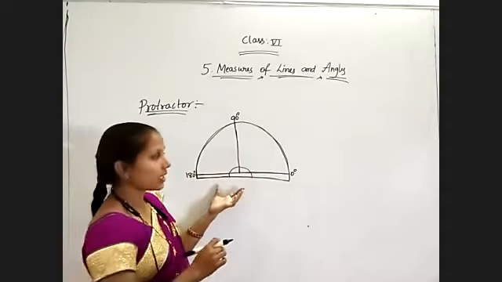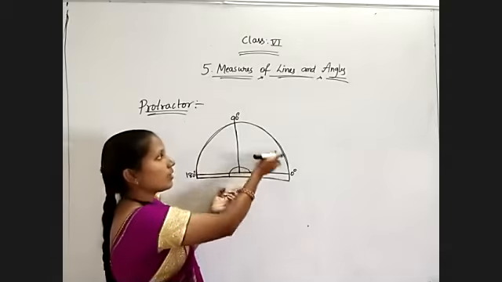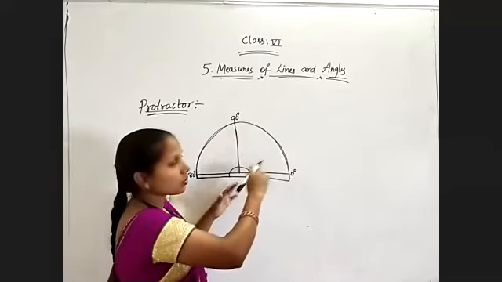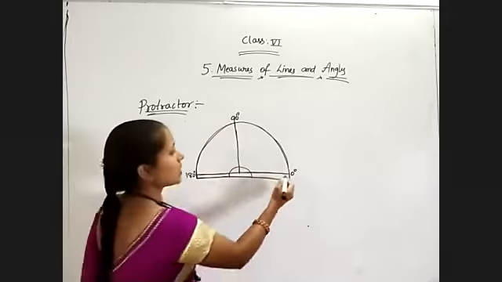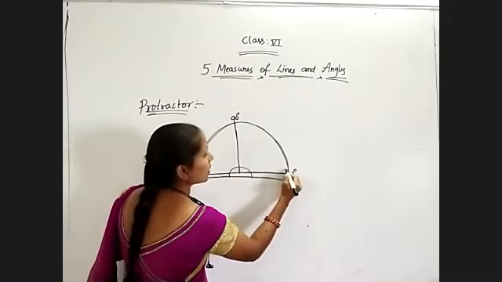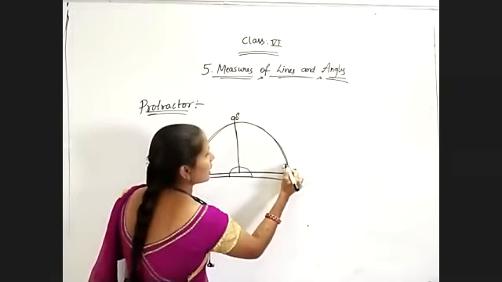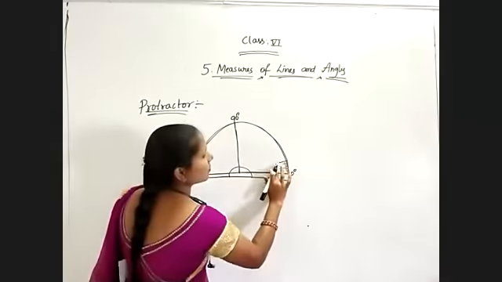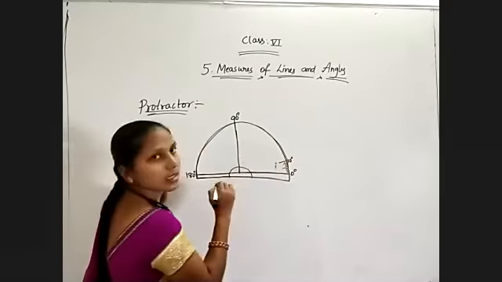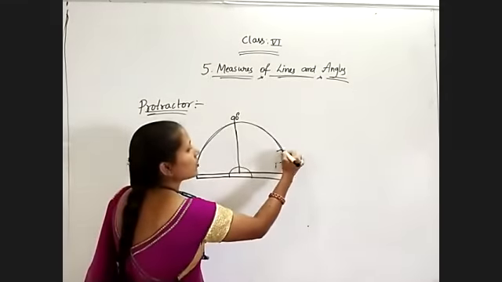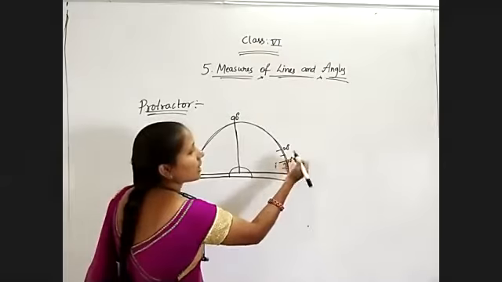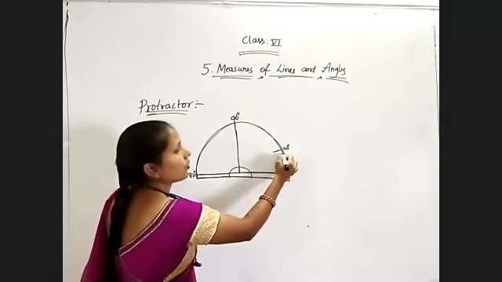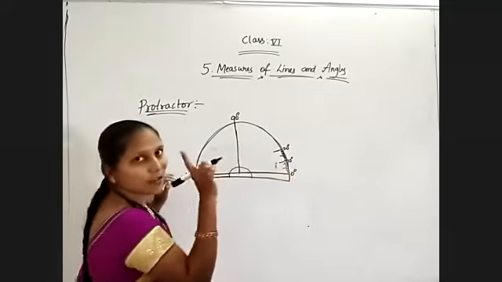Observe your protractor. You have 0 to 180 from one direction, again 0 to 180 above also. Two types of values are mentioned. First of all, 0 to 180. 1, 2, 3, 4, 5, 6, 7, 8, 9, 10. So this is 10 degrees. Like that we have 20 degrees, and a somewhat bigger line, that is 15. And here smaller lines we will get, 4, 4, 4, 4. Each line indicates 1 degree.